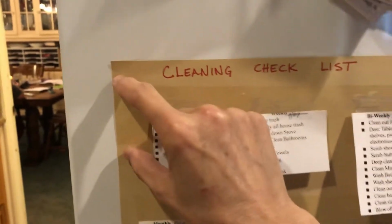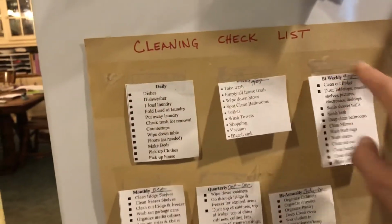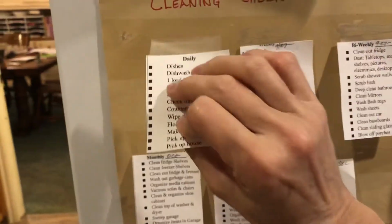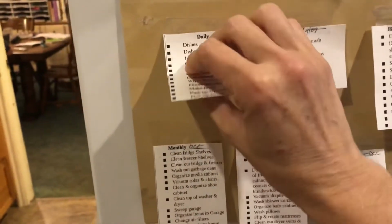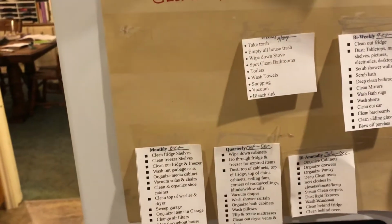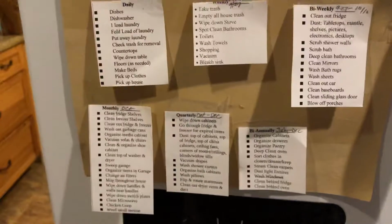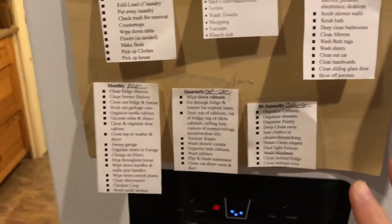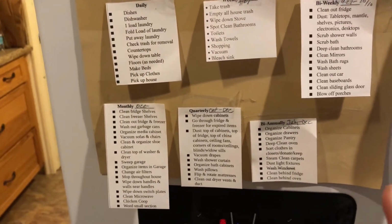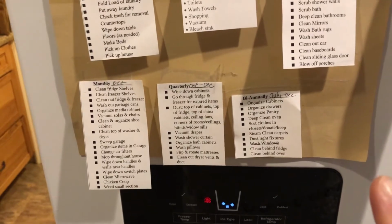Because what I did was I took a piece of regular, like, wide tape, and I put one strip here and one strip here. And then that way, every time I take the tape off and on, it doesn't tear the page. See there? So when I'm done with the day and I get everything checked off, and it's so fun to be able to check everything off, I take it off and I throw it away and I put another one on for the next day, and I just mark as I go. And it's such a beautiful feeling to get everything checked off. But this way, I mean, I know your house may not be completely clean, all at one time, and that is a beautiful thing when that happens, if that ever happens in the world. But at least it is done